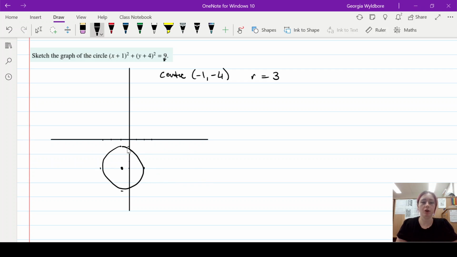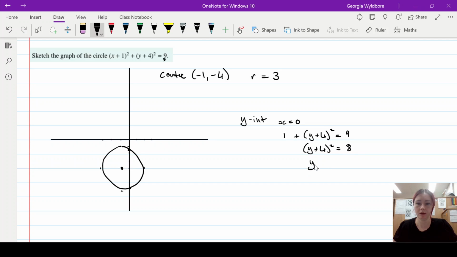And from that, we then know, in this case, there are no x-intercepts, so we only need to find the values of those two y-intercepts. So we simply replace x with 0 in our equation. We get 1 squared is just 1 plus (y + 4) squared equals 9. So (y + 4) squared is going to equal 8. y + 4 will be plus or minus the square root of 8,